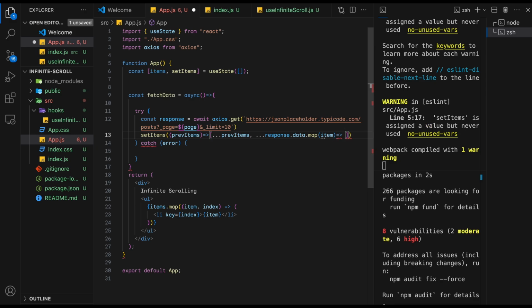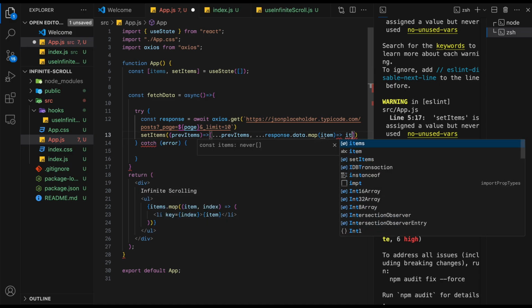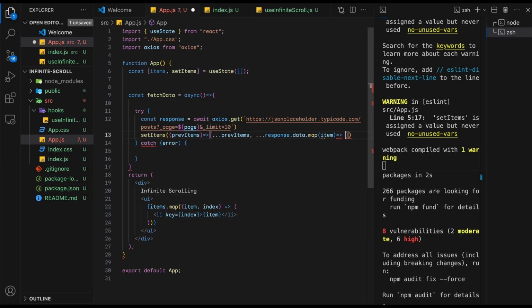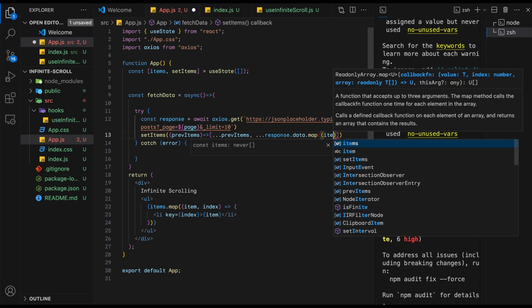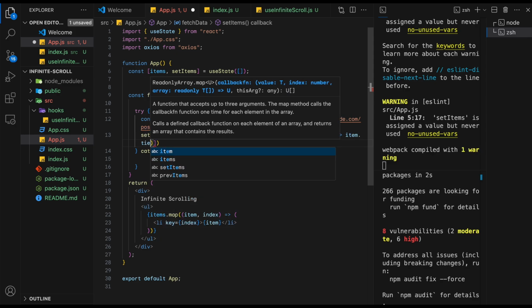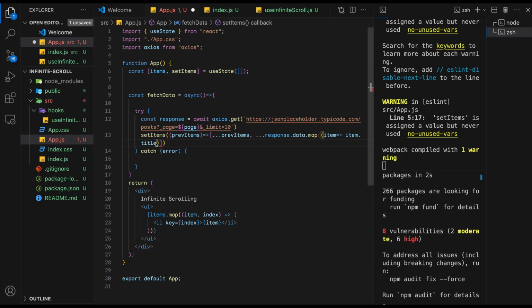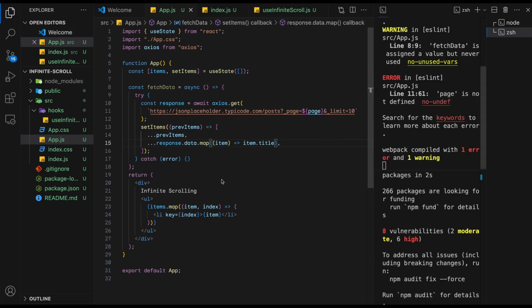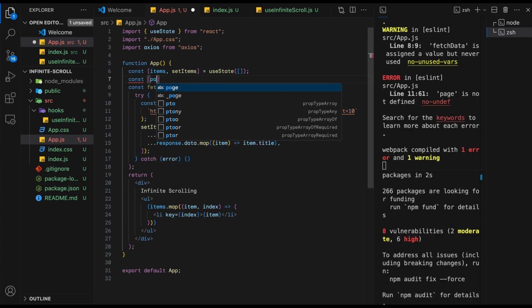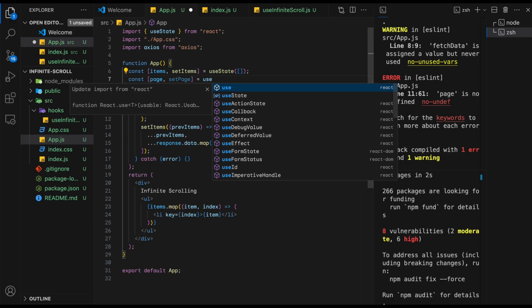And then we are just going to render the title. Did I make some mistake? Yes, I made some mistake. It should be item dot title. Okay, and so first of all we need a page, setPage, and initially we'll initialize this with 1